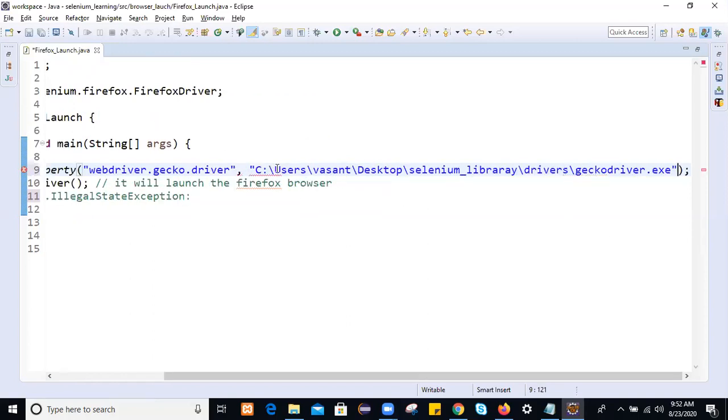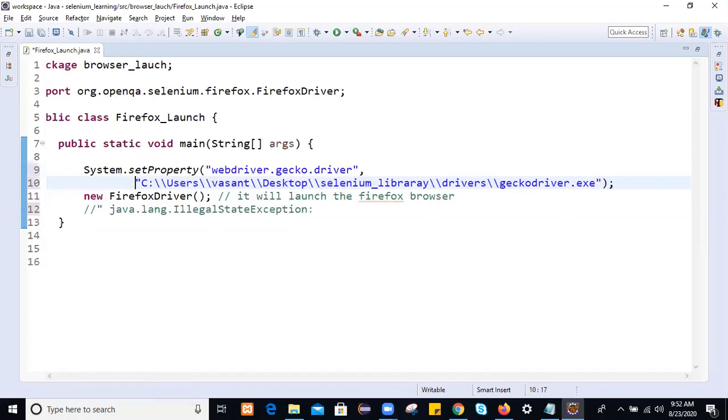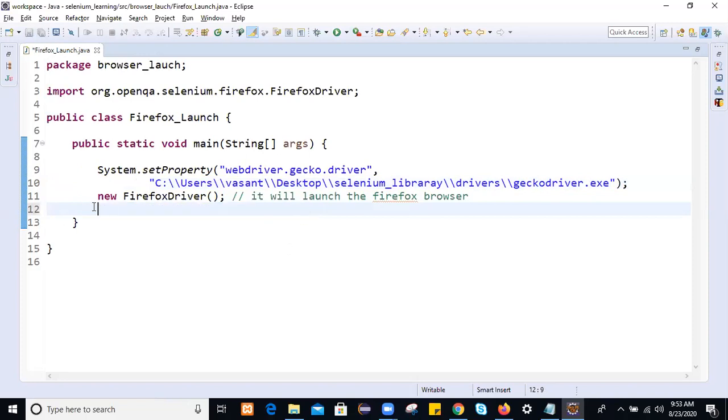In Selenium with Java, to specify the path, you have to use two backward slashes or forward slashes, or else one forward slash is enough. Simply specify the location of the file where my driver exe is, which we keep to set the system variable path at runtime, so that I will not get any java.lang.IllegalStateException.